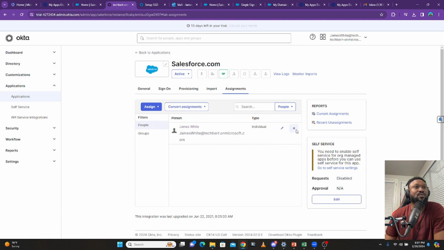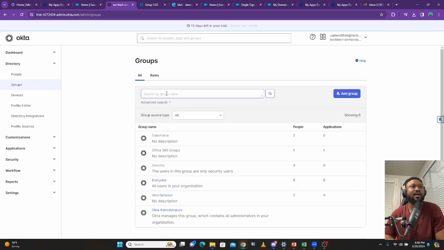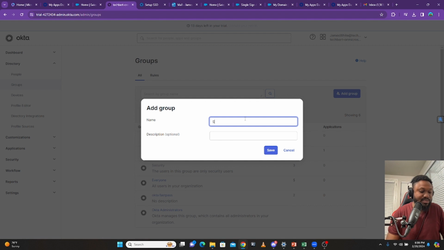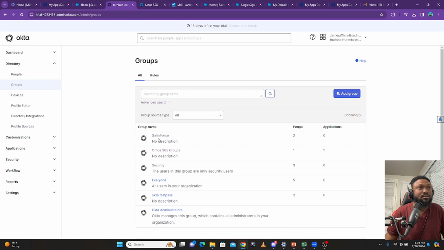So what you do is, let me just delete this person. You go to directory and then you create groups, right? So you come here to groups, you click on groups and you come to add groups and then name the group SalesForce. So it's going to be SalesForce and then click on save. What is that? This field already existed. All right, let me